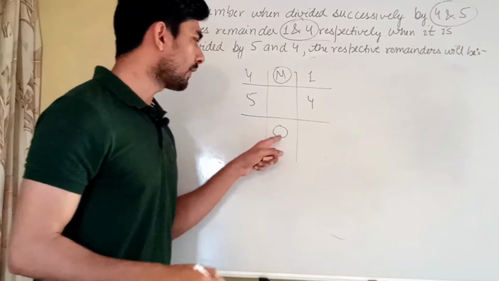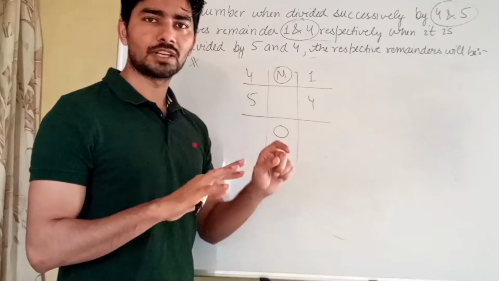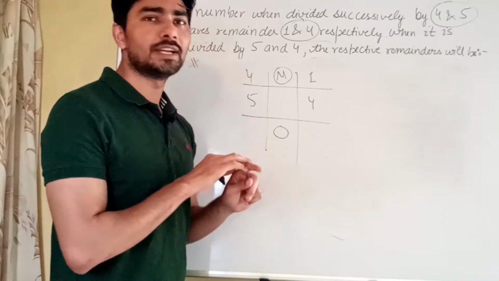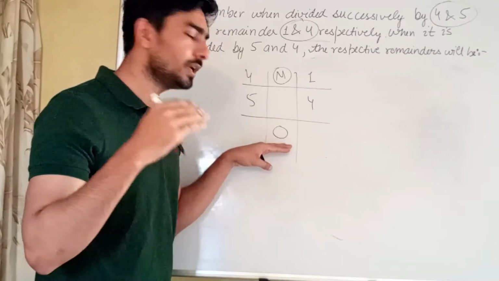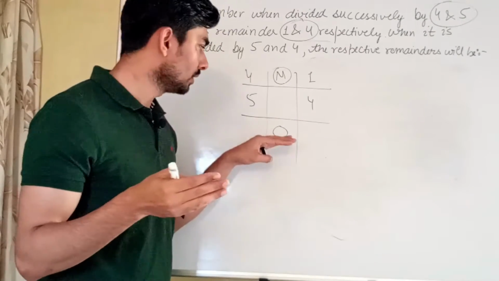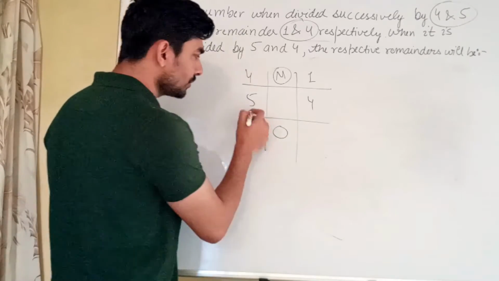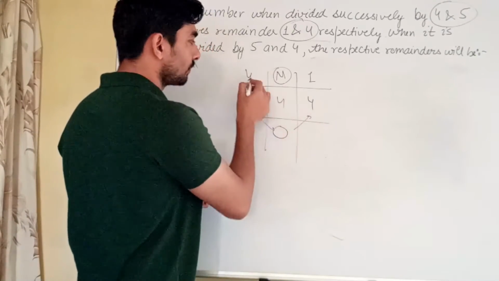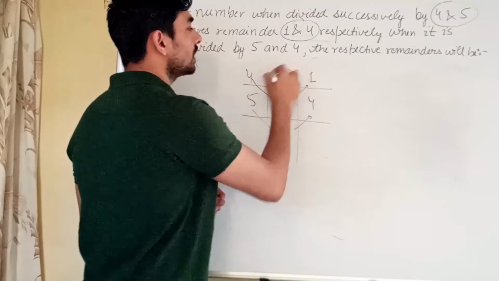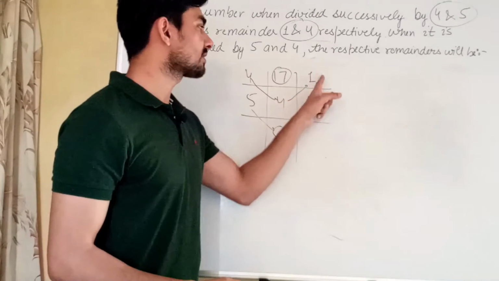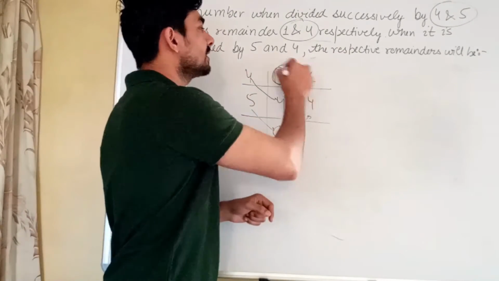I can take the final quotient as 1, 2, 3, any, and we'll get the same answer. It doesn't matter what final quotient we take here. I'll take another example to make you understand that it can be any number. 5 times 0 plus 4 is 4, 4 times 4 is 16, 16 plus 1 is 17. Then the smallest number which will give 1 and 4 as successive remainders after dividing successively by 4 and 5 will be 17.